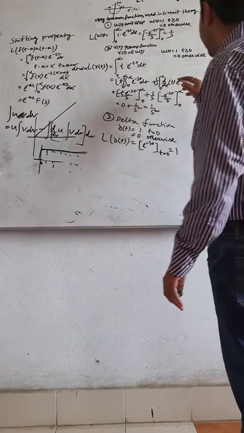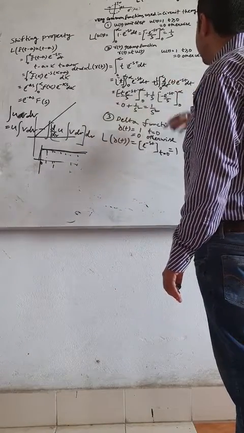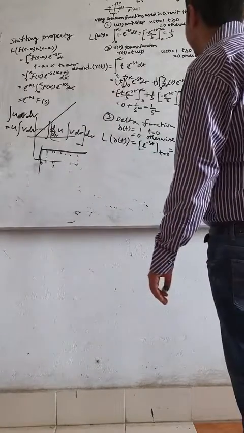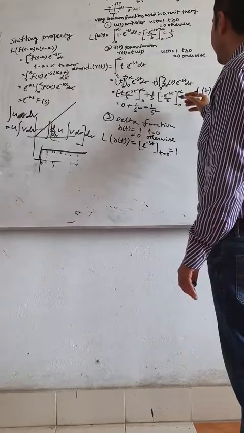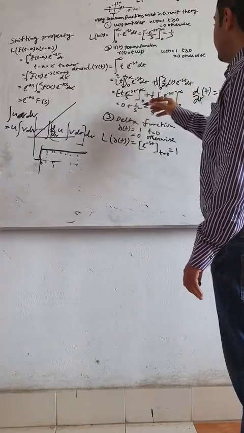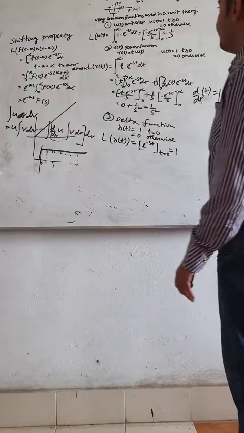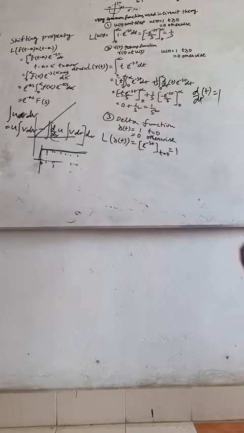Now again we have to do integration from 0 to infinity of e to the power minus st. So it is minus e to the power minus st by s. So you put the values 0 to infinity, so it will be 1 by s square. So the final result is 1 by s square. The Laplace transformation of the ramp function t u(t) is 1 by s square. So this is the final result.